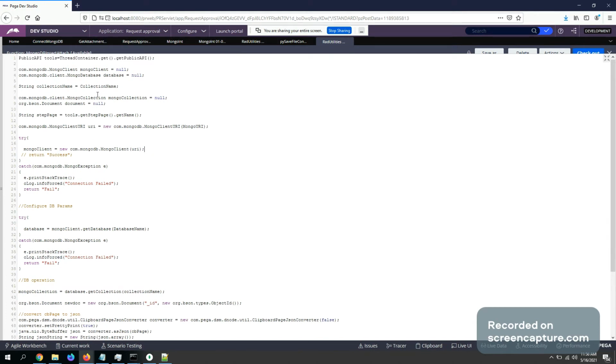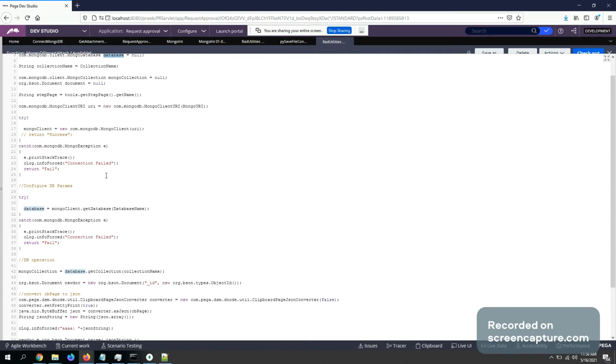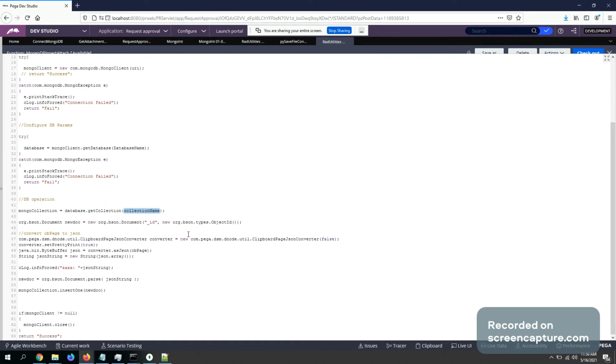Same thing here: you initiate a Mongo client object, a MongoDB object and a collection object. You connect, then connect to the database and to the collection, and once it is connected, you create a document object.